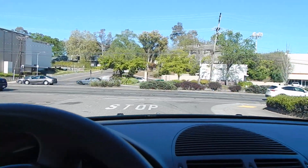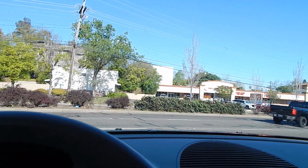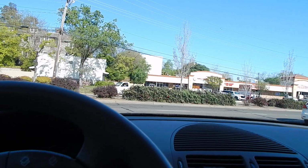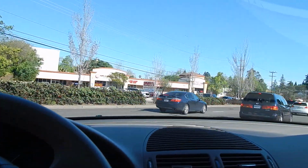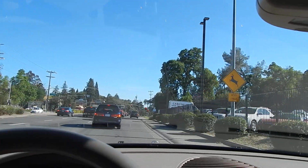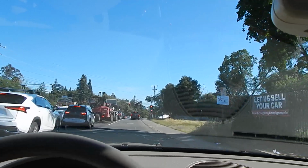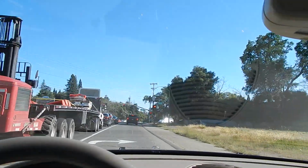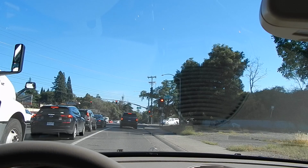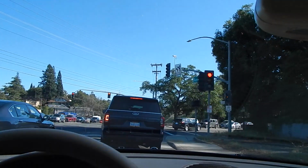Boy, riding on one of these is truly an experience. Since the beginning of time, as far as I can remember, throughout my lifetime, these Mercedes Benz vehicles have been an extreme experience to drive. They have so much mass, and the best way to describe it is it feels like an iceberg. It just feels huge, even though it's really not. When you're driving it, it feels like you're inside the building and the whole building is moving. It just demands